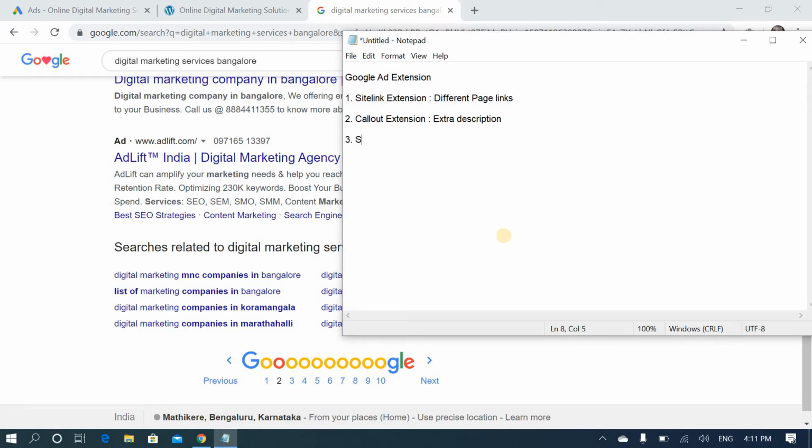Next, the third one, structured snippet. This is also the same thing as an extra description, but it has to maintain some structure.